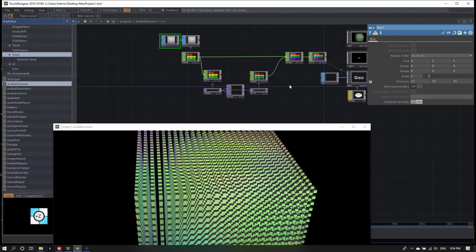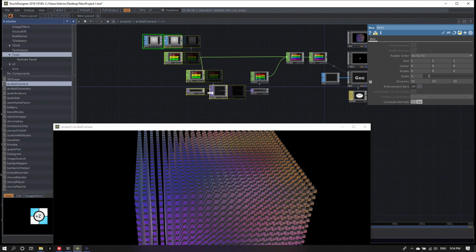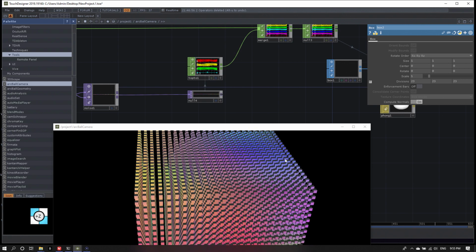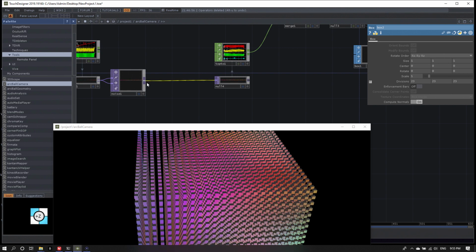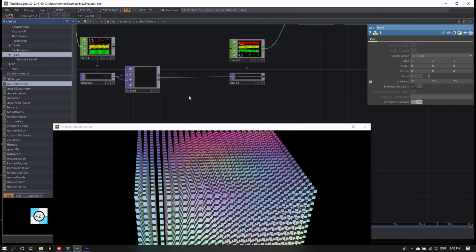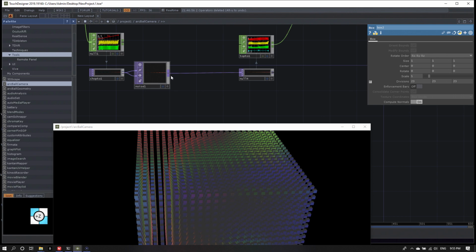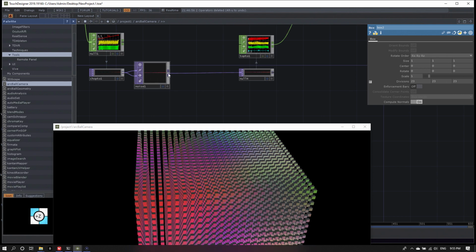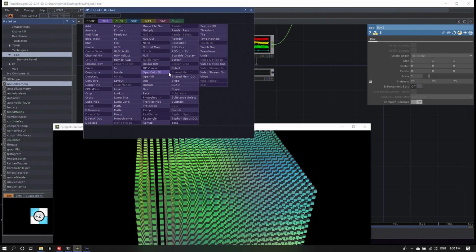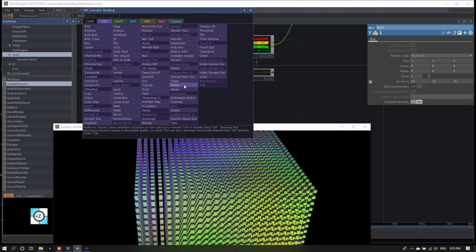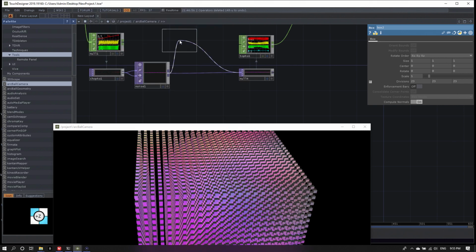Yeah, I guess the last thing that I did here is a neat little idea or trick. We could change the scale by the luminosity, or the luminance, of the noise TOP values. And there's a really easy way to do this. The Reorder TOP comes to mind here. So right click on the output of the noise TOP and create a Reorder TOP.